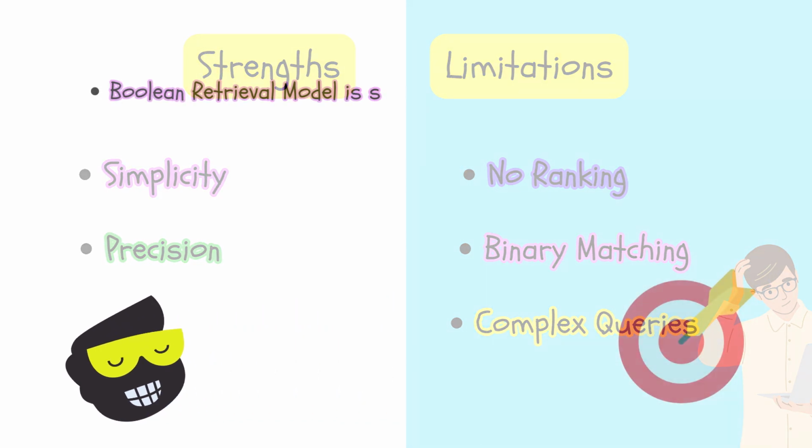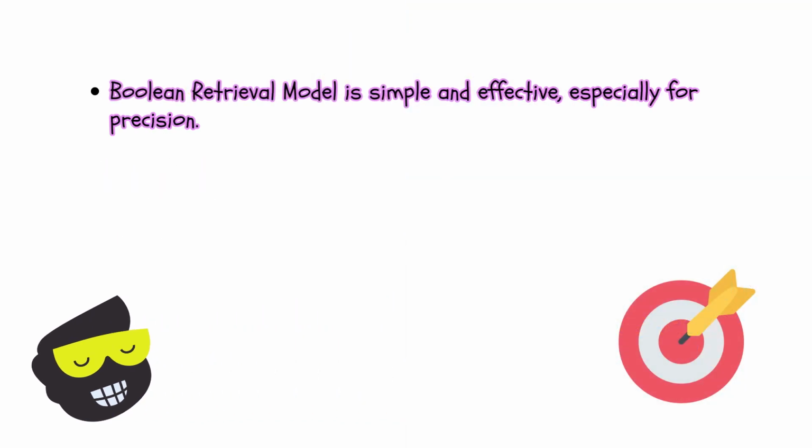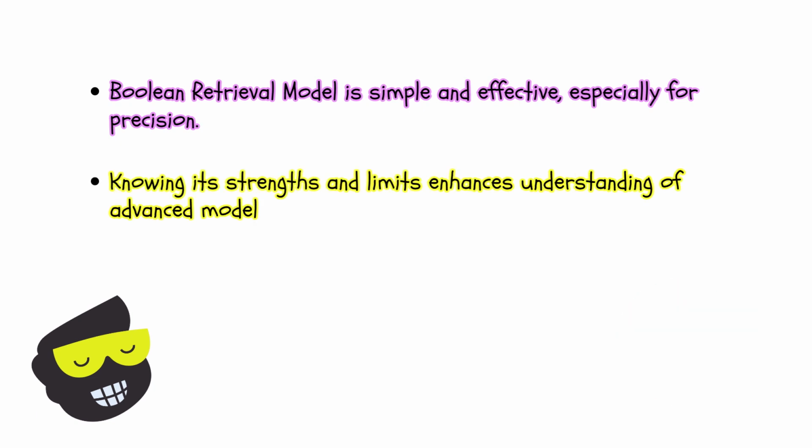To sum it up, the Boolean Retrieval Model is a straightforward and powerful tool for information retrieval, especially in scenarios where precision is key. We need to have an understanding of its strengths and limitations to see whether we should